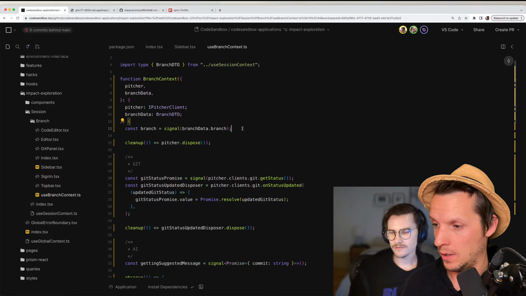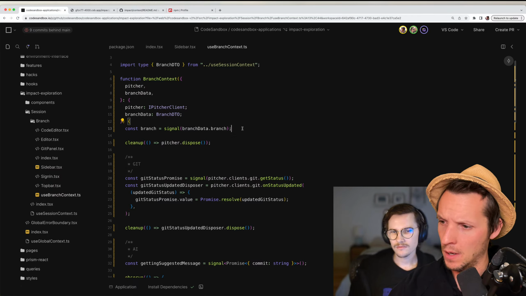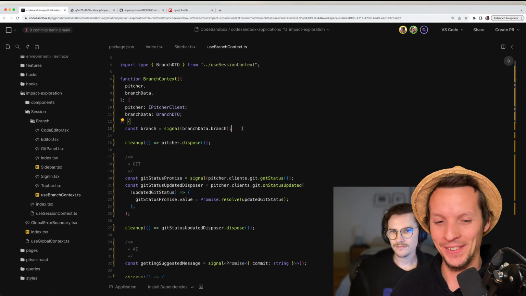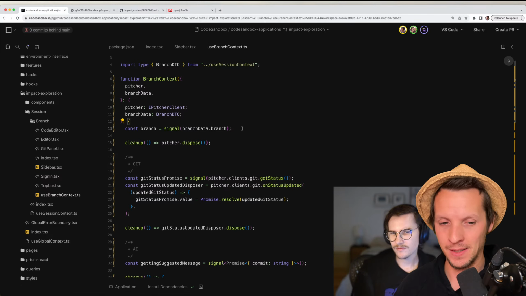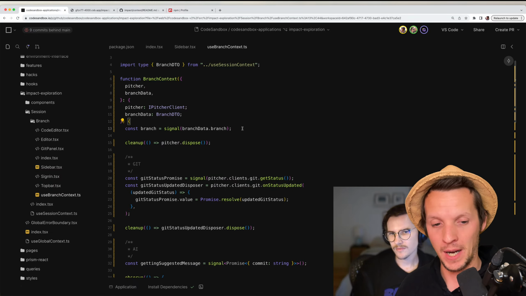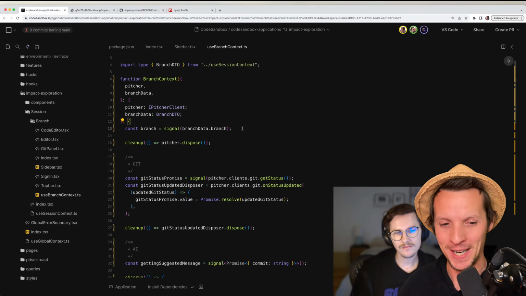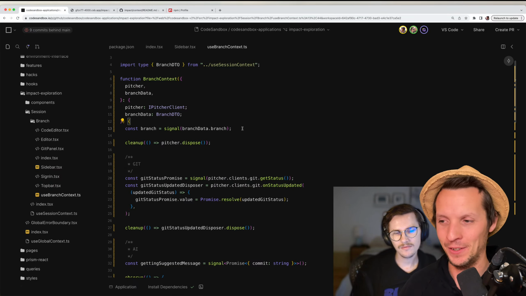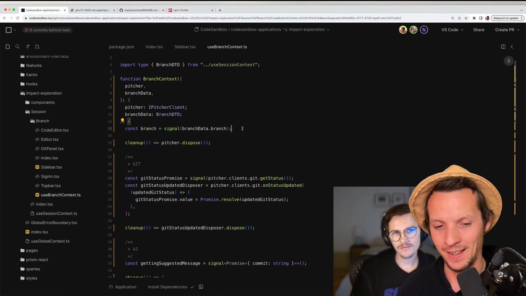we should probably put it in the branch context, because the branch context now represents, well, it depends. This is the interesting thing about context: if we put it in the branch context, that will be valid as long as you're on this specific branch. But if you choose to show the Git panel on one branch and then change to a different branch, do we still want to show the Git panel, or do we want to reset the